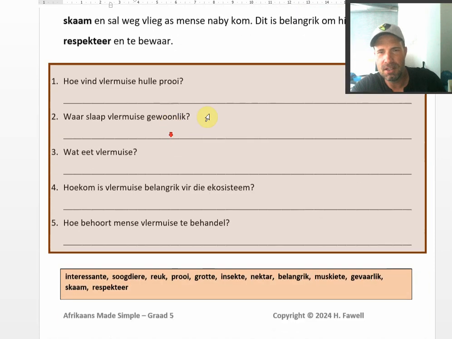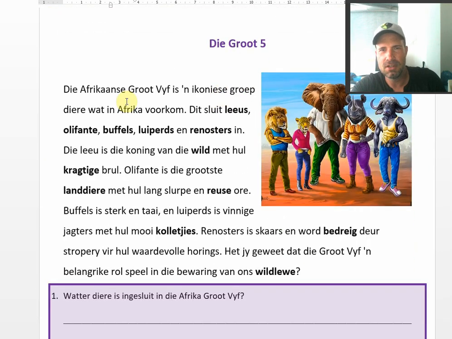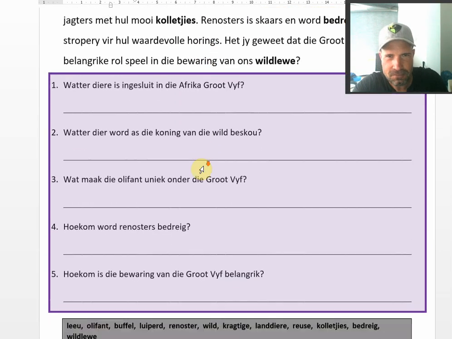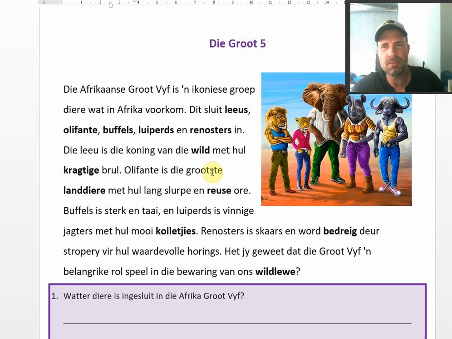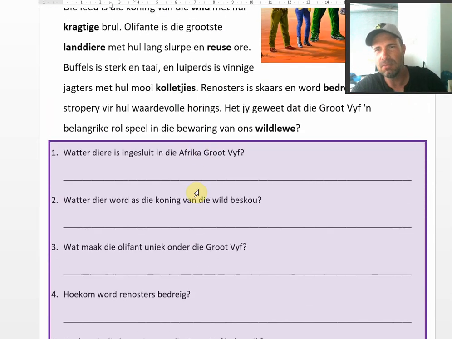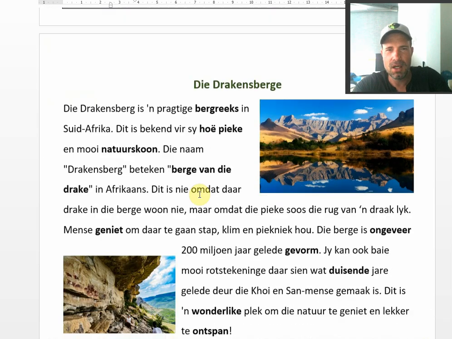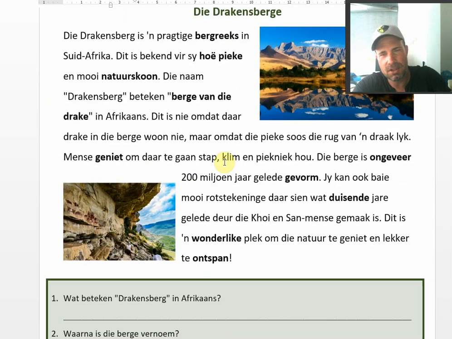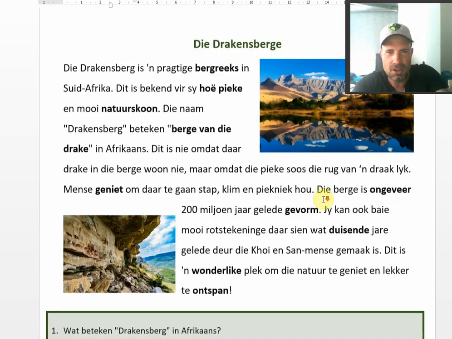Under 10s, my son is in this. I know this is grade 5. Sorry, this is under 11. Again, there's for example, a topic, die groot 5. That's going to come up in later grades. Animals, the animal vocab, animal themes are definitely going to come up later. Die Drakensberge, my daughter is in grade 5, so she reads this and she's like, it's fine. But she is kind of bilingual, so it's quite easy for her.